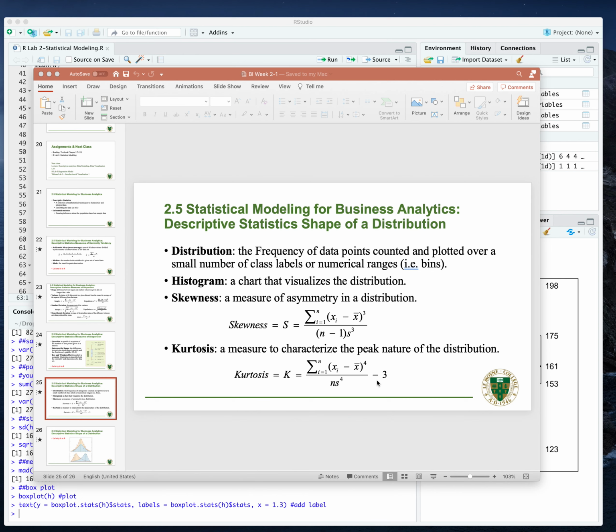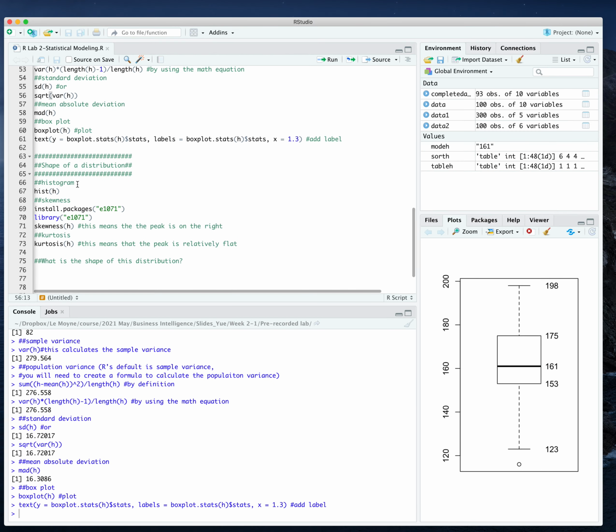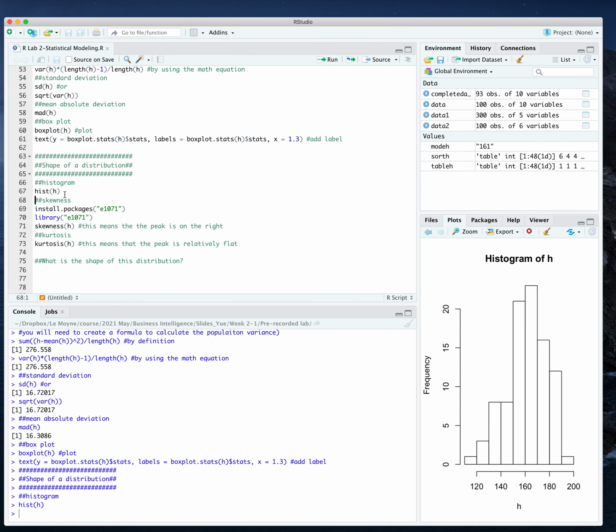So let's take a look at how to describe the shape of a distribution in R. Let's first create a histogram for the height. You're probably very familiar with this code because we have been playing with it in the bootcamp quite a bit. So this is the histogram of the height. And now if you're trying to see whether this is a normal distribution or if it's leaning towards